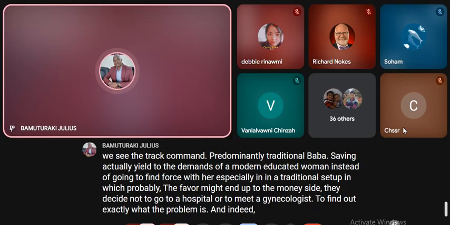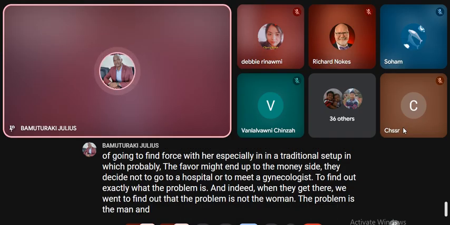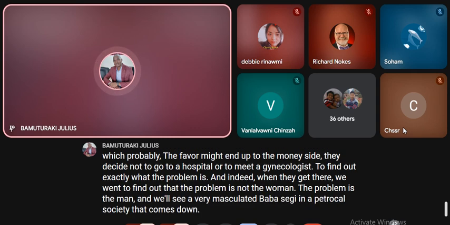And indeed, when they get there, we're going to find out that the problem is not the woman, the problem is the man. And we will see a very emasculated Babasege in a patriarchal society that comes now tumbling down with him. And then, of course, the educated,